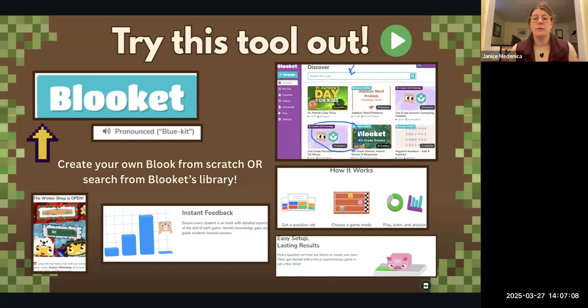There is a version that is free, same as Kahoot, but you can upgrade for like $4 or $6 a month. So they're not terribly expensive. But you can also search up sets in both Kahoot and Blooket, and some other teacher has used it. I just always double check the answers and the questions that they have in there. But it's super easy setup. The kids love it because they all have their own little characters.